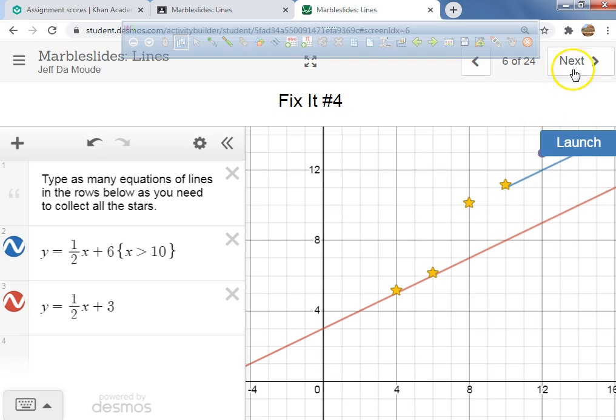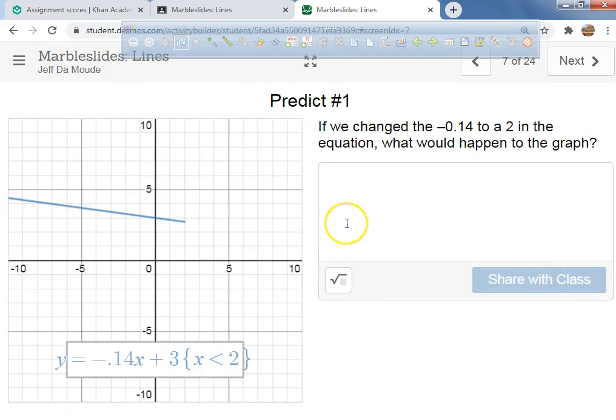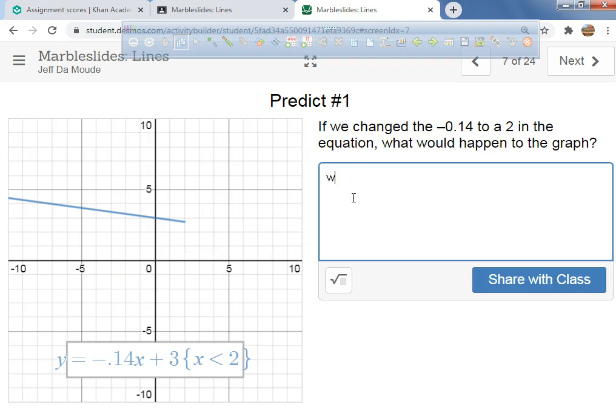Okay? All right. Now here's prediction number 1. If we change negative 0.14 to a 2 in the equation, what would happen to the graph? Well, the slope of the line would change from negative 0.14, which is negative 14 divided by 100,